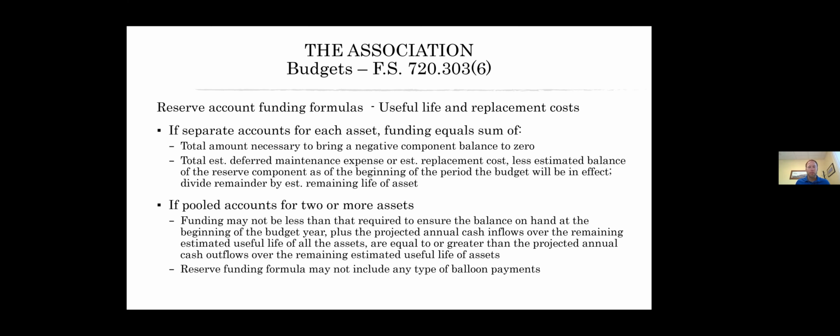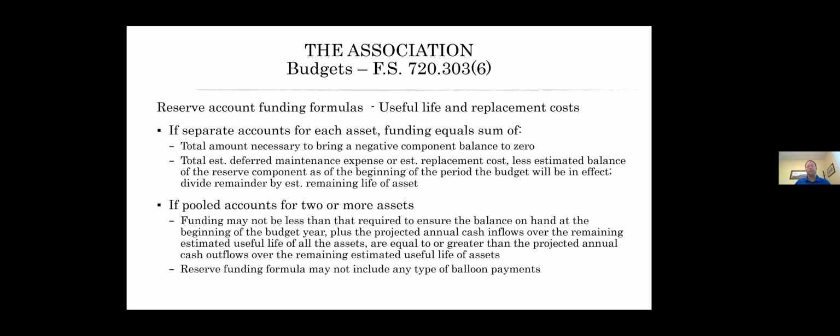roof and clubhouse type replacement value. For round numbers, let's say each of these has a 10-year useful life, so you divide 10 years into each of those numbers. For the $10,000 gate, you put $1,000 away over 10 years to replace it. For the $20,000 pool, you put $2,000 away over a 10-year period, and the roof and clubhouse would be $4,000 over a 10-year period. So basically you're putting $7,000 away every year. And sometimes the useful life of these things goes a little further than the planned 10 years.